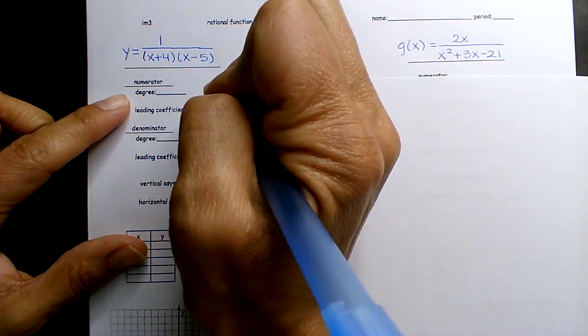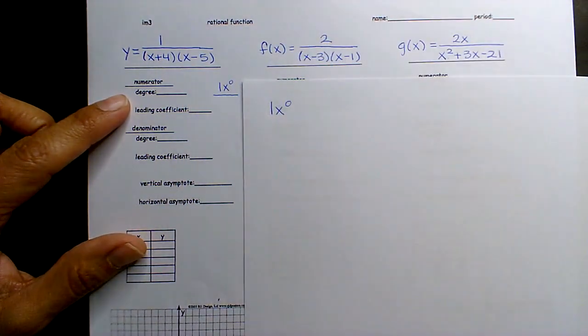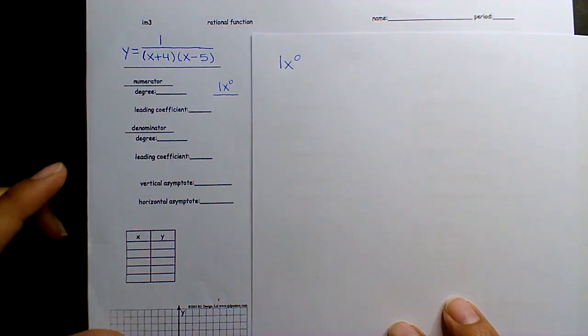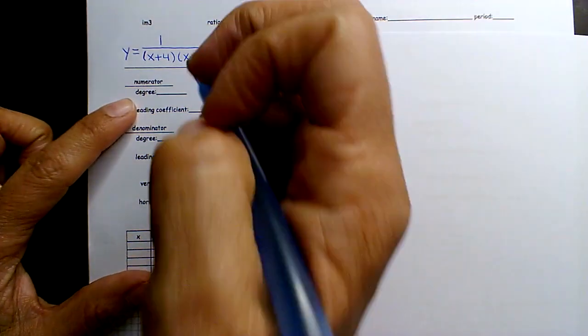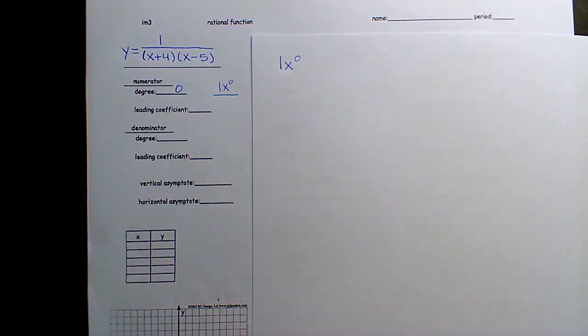So what's my degree? 0. Very good. What's my leading coefficient? 1. Okay. All right, now the bottom. Most of you, as you get comfortable with it, are not going to need to expand it,